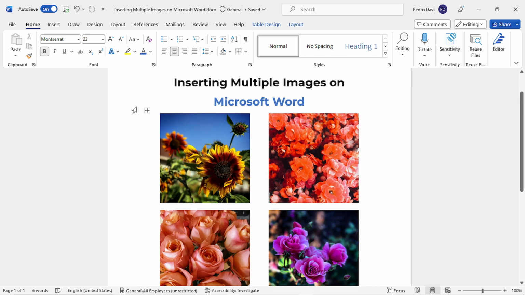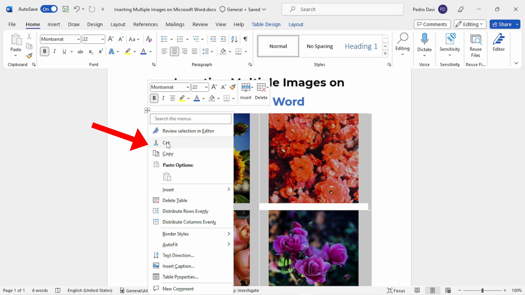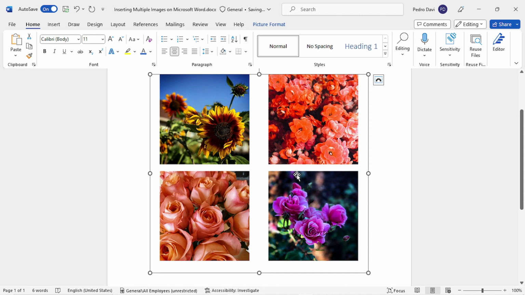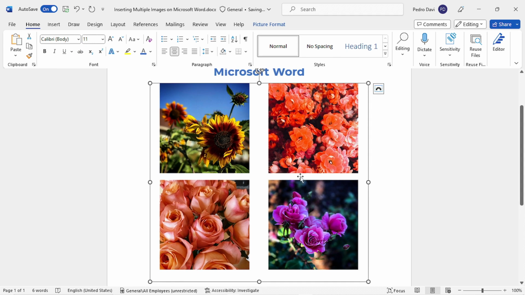If you don't want to use a table and if you want your table to act like an image in Microsoft Word, you have to click on it with the right button and go here at Cut. Now click here on Paste and Paste as Image, the third option. Click on it and you can see there is a lot of free space on the right, the left and